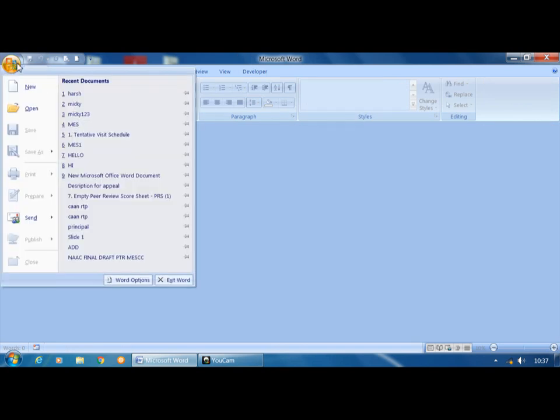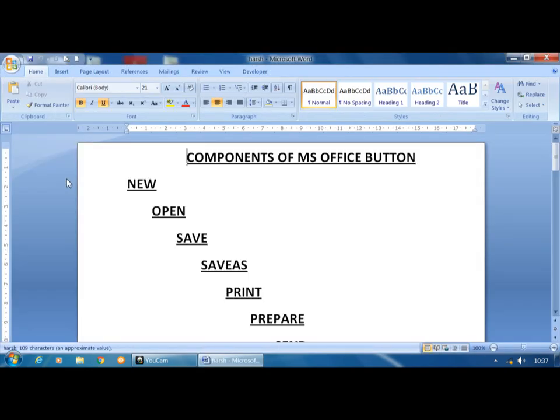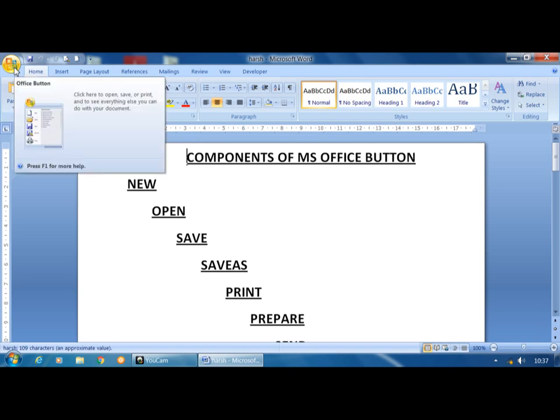And if I want to close the entire MS Word application, you click on the Exit Word button, and it closes the entire MS Word. If I want to open it again, it is available on the desktop, so just double click here and it opens. So these are the options available in the MS Office button.